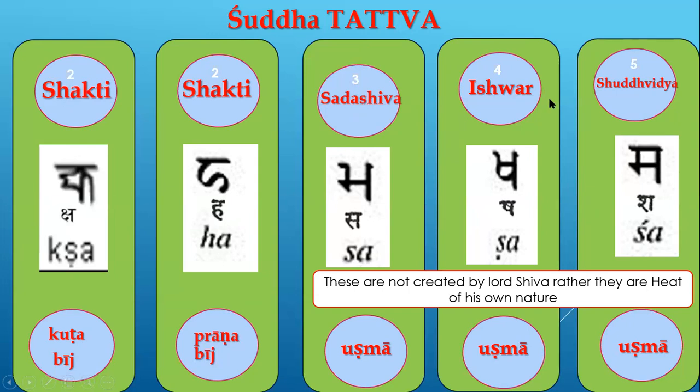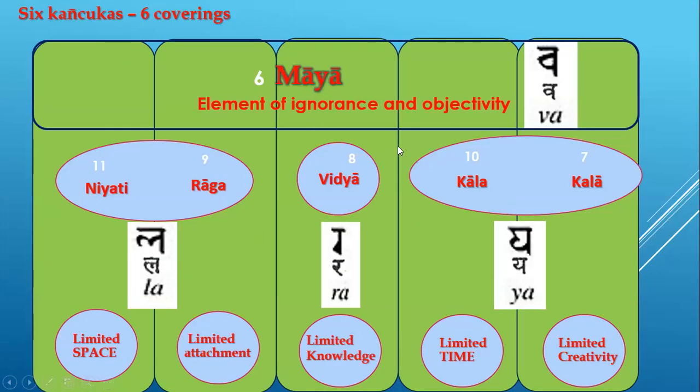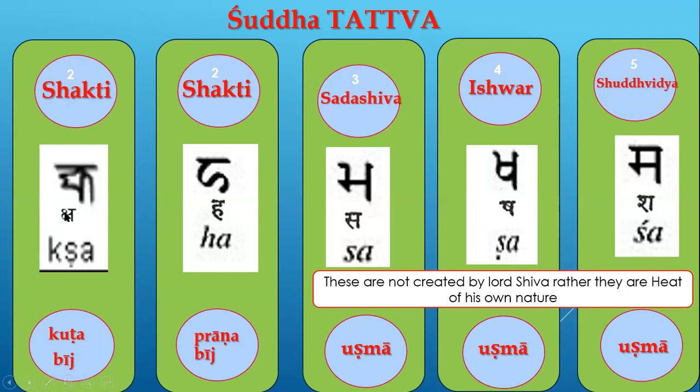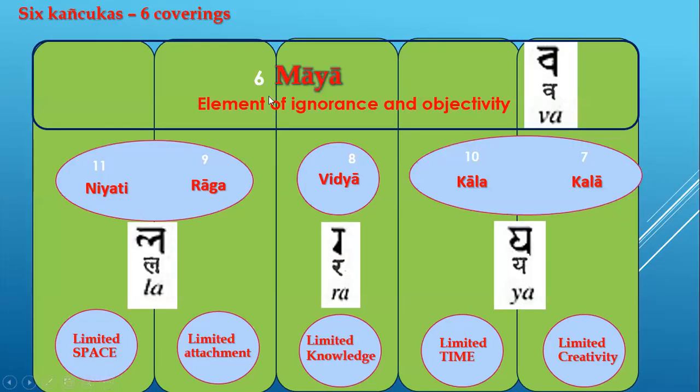Third element, Sadashiva. Fourth, Ishwar. And fifth, Shuddha Vidya. Here also just some points. They are not created by Lord Shiva. We don't say that Sadashiva, Ishwar, and Shuddha Vidya are creations of Lord Shiva, but they are his own nature. Rakesh ji, is Sha feminine? Yes, Ushma Vyanjana? Oh yeah, absolute feminine is this Sha. Yes. Okay. And then I told you this Maya, and then the Shat Kanchukas,